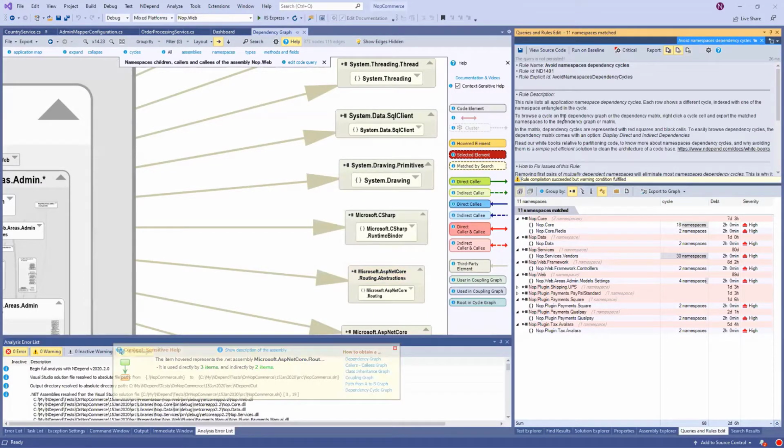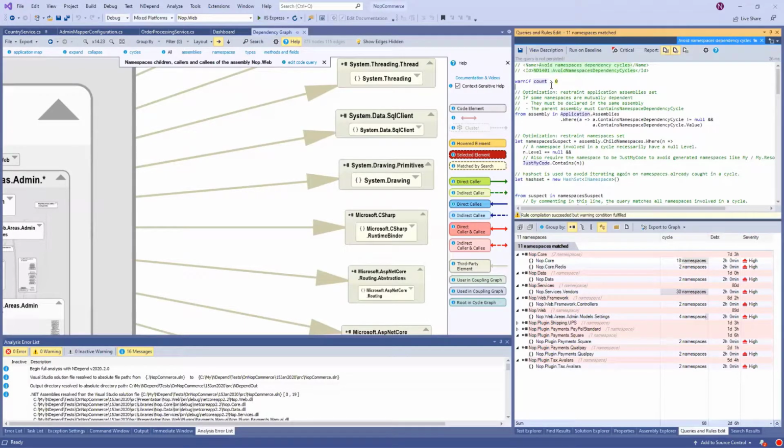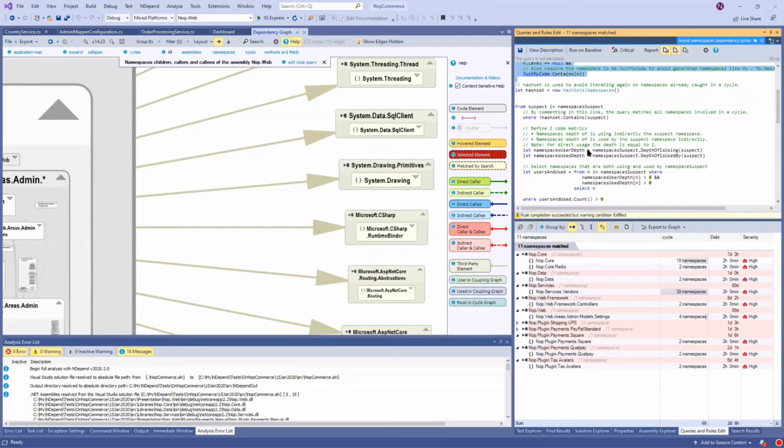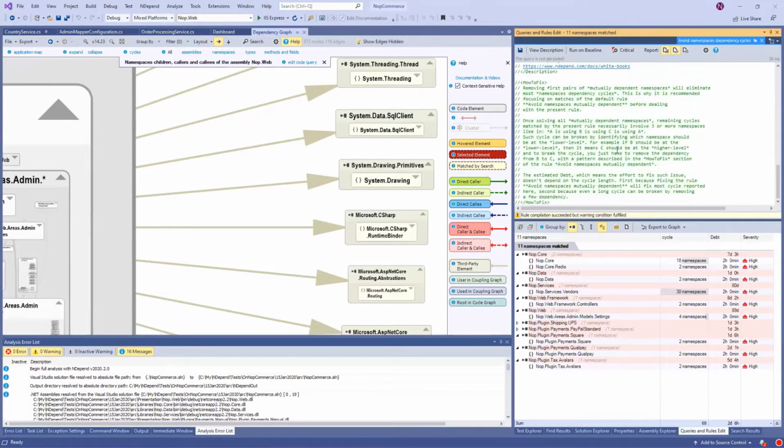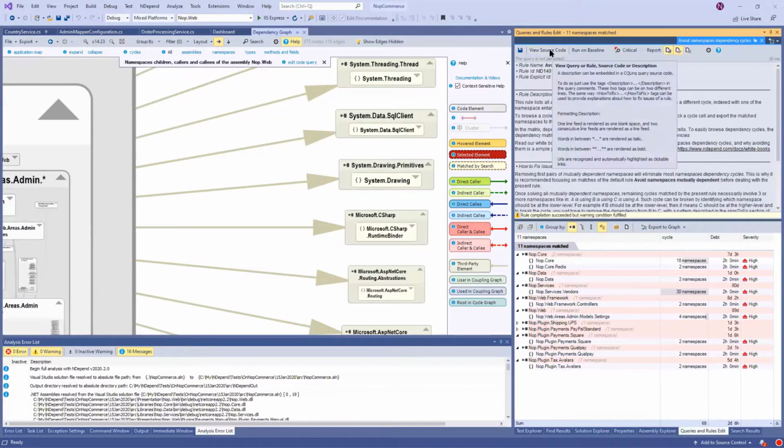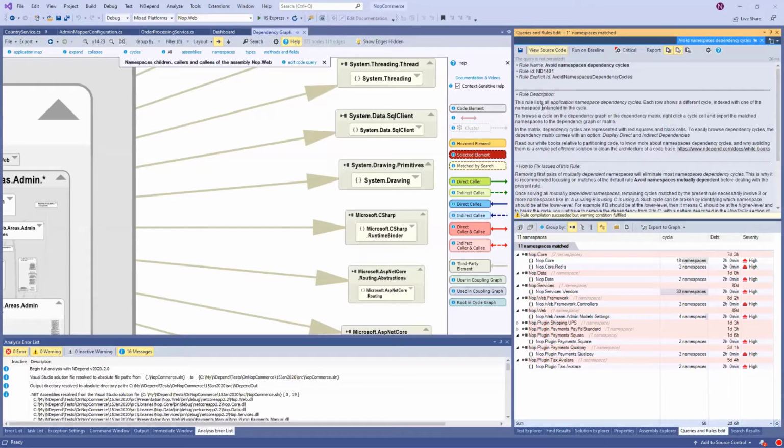Okay, something I didn't say is that here you have the code view. But typically in this generated query, there is a description, and actually it's even a rule. So there are some how to fix instructions. So I can prefer to view the source, the description and the how to fix.